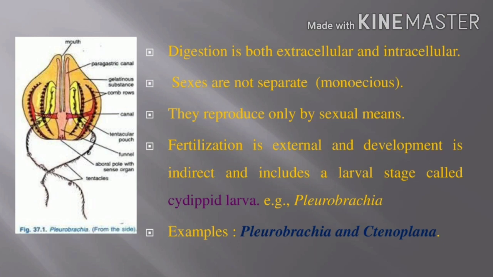That is called monoecious. In sponges also there is no separate female and male; all of it will be present in the same body. What is the name of the term we call monoecious? Yeah, that is hermaphrodites.